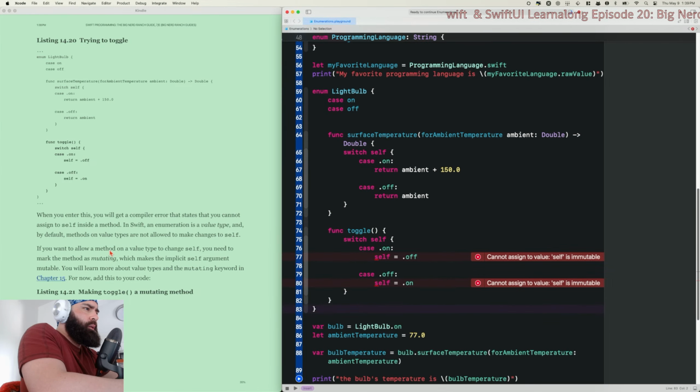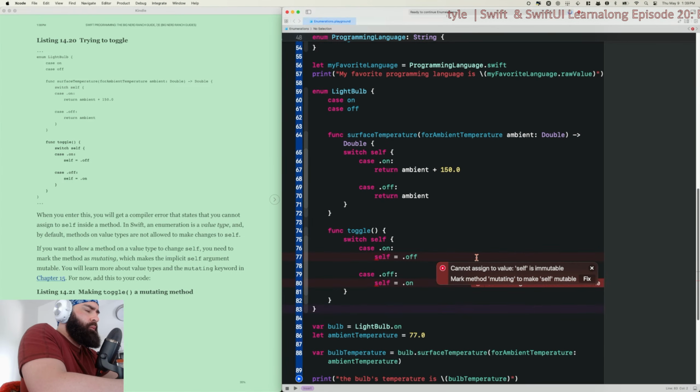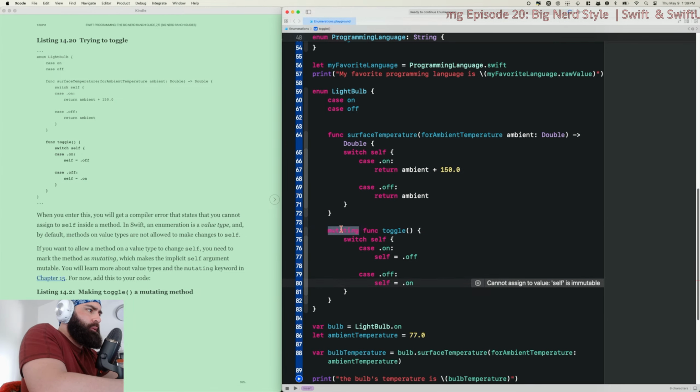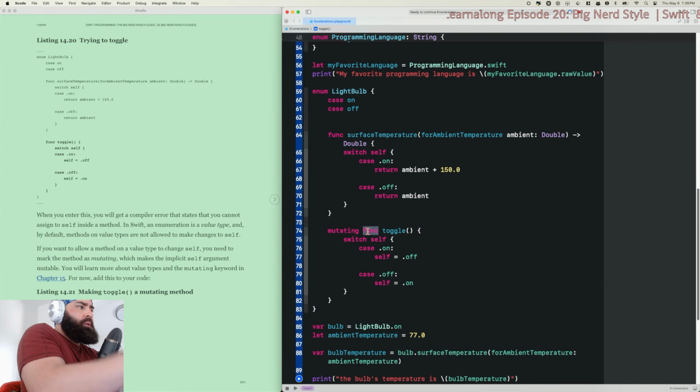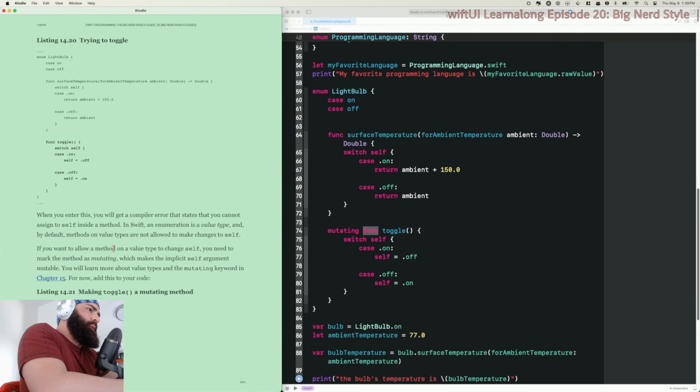Mark method mutating to make self mutable. What is this, Rust? Okay. Alright, guess we're doing that.